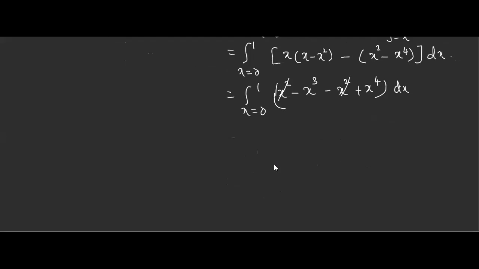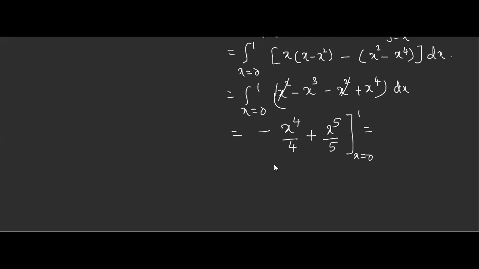What has to be done for this is integration. If you want, keep this term first, or else keep it like this only and integrate. Minus x raised to 4 by 4, plus the integration of x raised to 4, which is x raised to 5 by 5. Correct? Tell me, correct or no? Yes, ma'am.